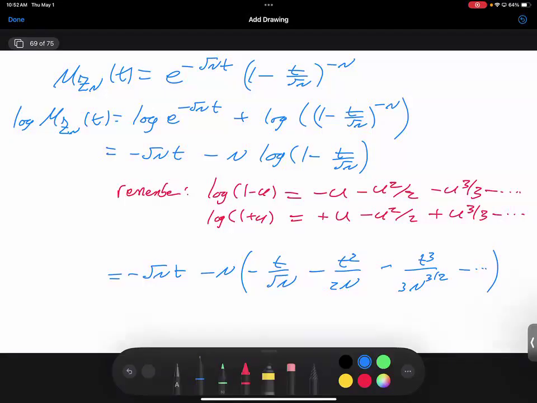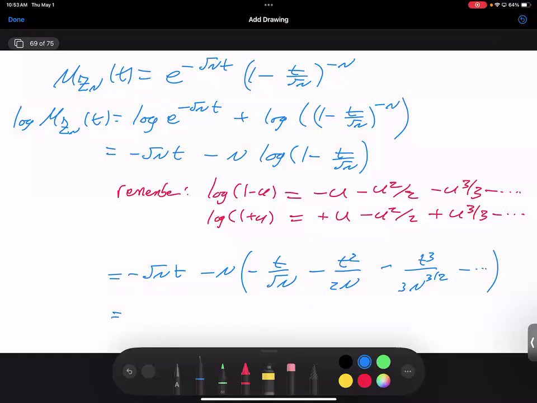But we multiply by n. When you multiply by n, once you get to the t cubed, remember t is a fixed number. n is going to infinity, t is fixed. We're evaluating the moment generating function at a fixed t. n to the 3 halves is much, much larger than n. When I multiply by n, I'm going to still have a square root of n down below. That term is not going to matter in the limit, nor is the next, nor is the next, nor is the next. You can show that the tail is dominated by a geometric series, so you can show that the sum of all the other contributions doesn't matter.